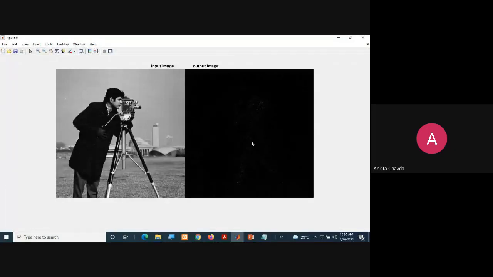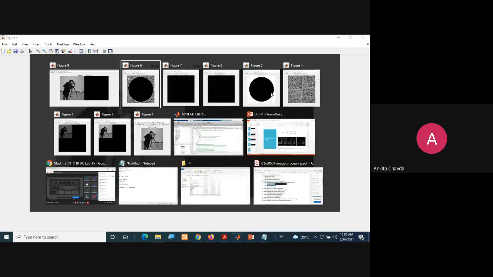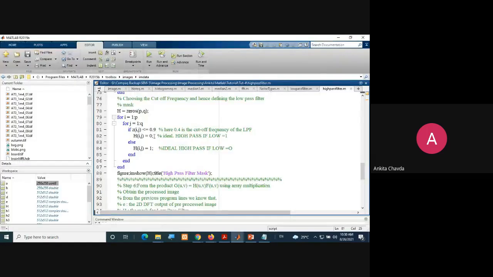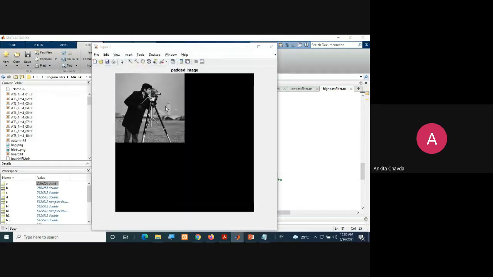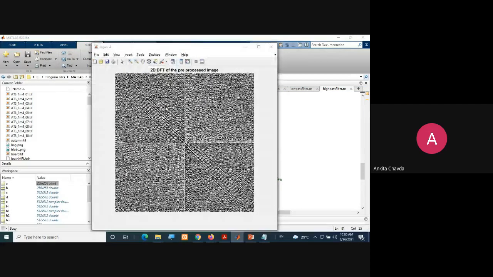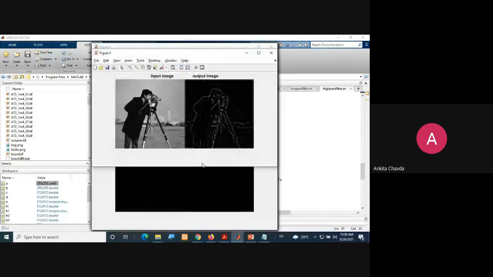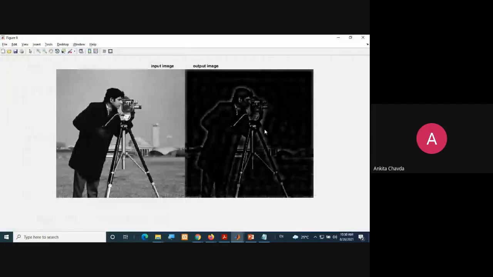You can hardly see it. Only what has very high frequency, sharp transition, will be there. Seen this? And in the reverse, if I give D0 equals 0.1, then you can check, only a few things are not allowed, otherwise everything is allowed. See, only this is not allowed. So you will get results like this.